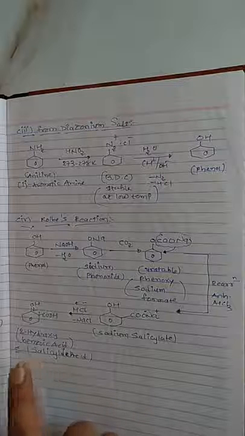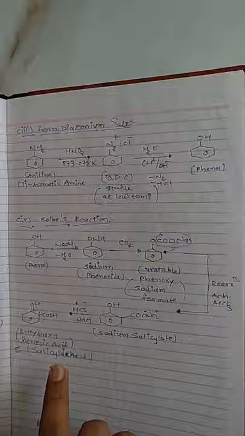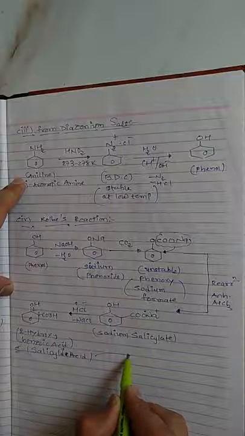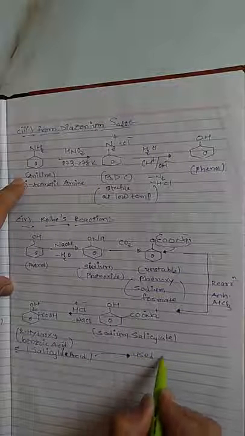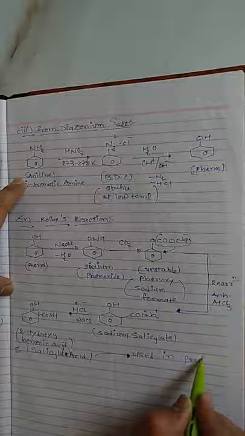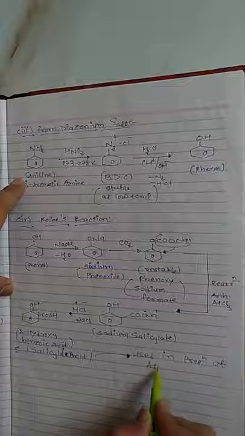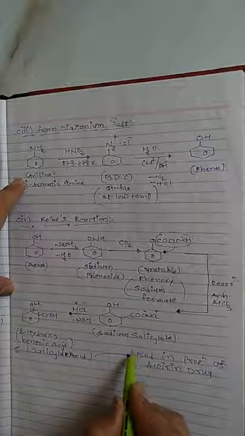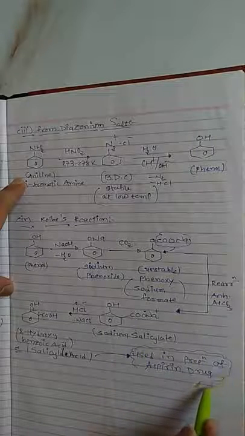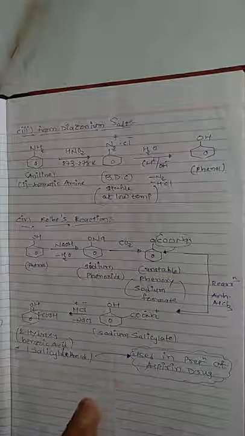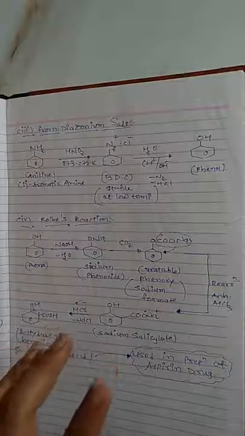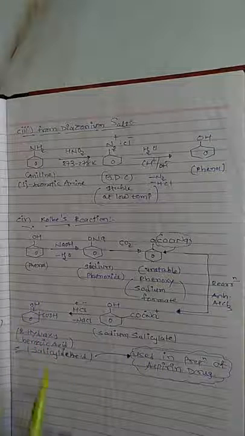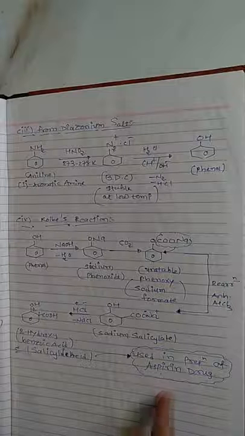This compound is very useful in the manufacturing of drugs like aspirin. So I will mention over here: use in preparation of aspirin drug. So this is the main important point. Here you have to remember the structure of aspirin. The IUPAC name of aspirin is ortho-acetyloxybenzoic acid. So here instead of hydrogen you have to put a COCH3 group, which will give the structure of aspirin, which is a powerful drug.